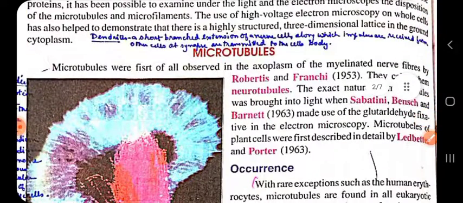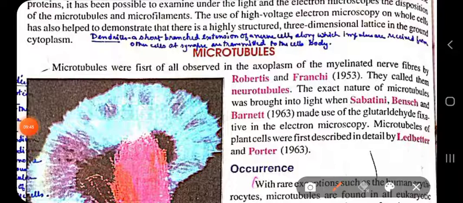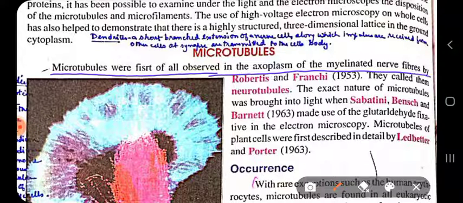Now we will discuss the microtubules. Let us see about the microtubules. So I have said that microtubules are made up of tubulin. Okay. Microtubules were first observed in the axoplasm of myelinated nerve fibers by Robertis and Franchi. So Franchi and Robertis first observed the structure of microtubules in the axoplasm within the axon, which are